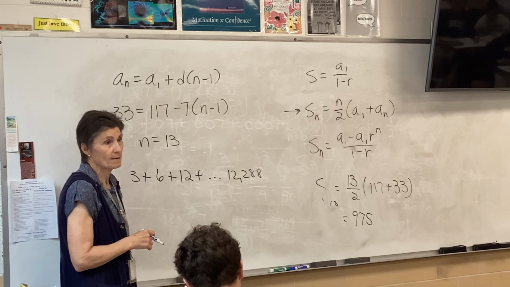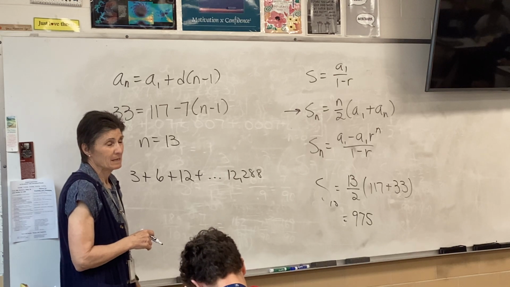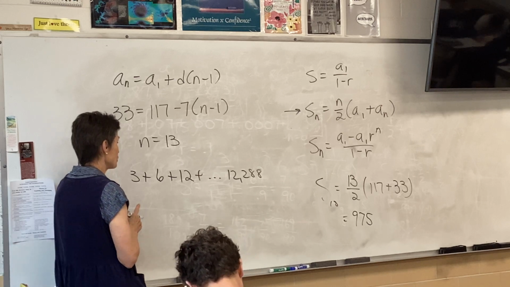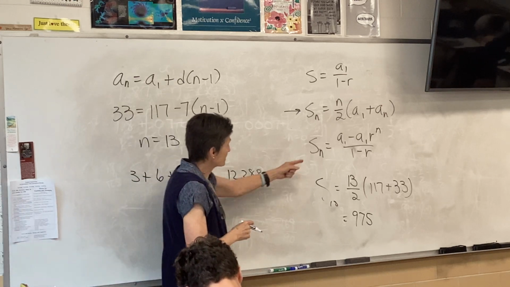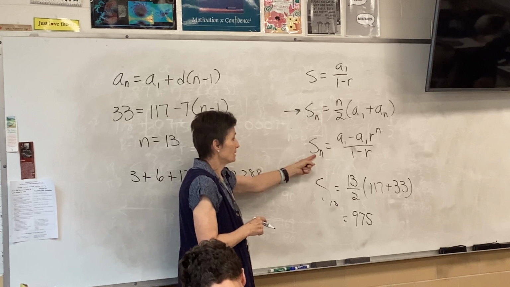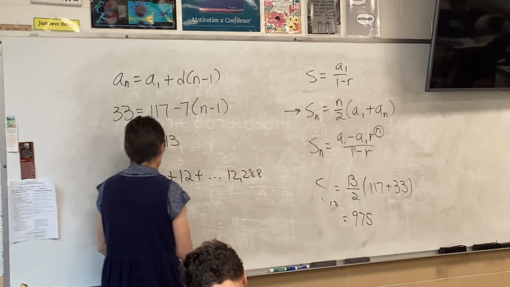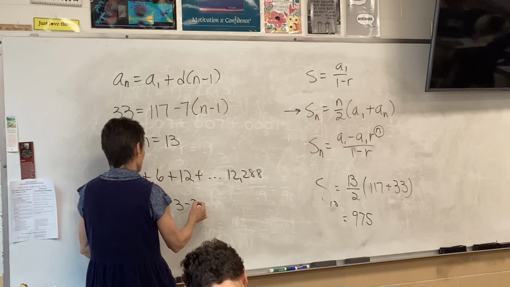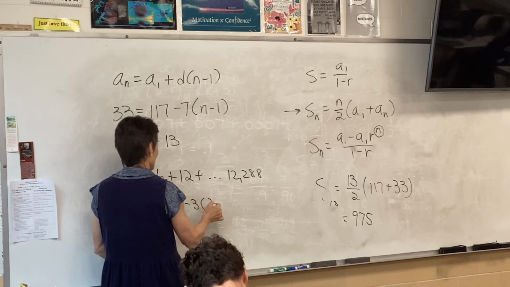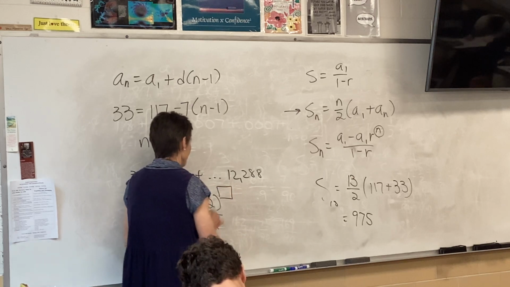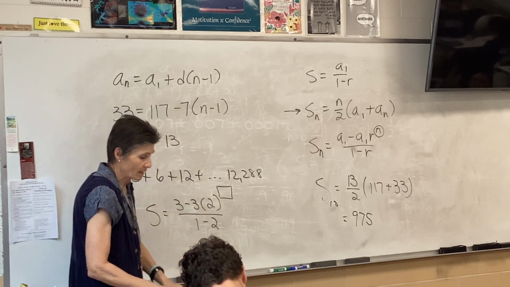Right, I think this is the same problem. I think we have the same issue, don't we? Now, it is geometric, and it does stop, but I still need to know how many terms I've got. So I know my first one is 3, I know my ratio is 2, I have no idea how many it's going to take. So, again,